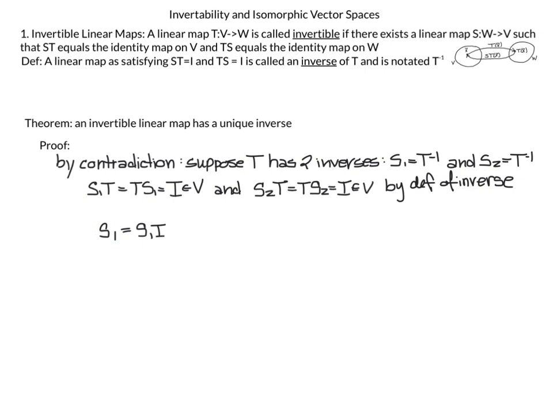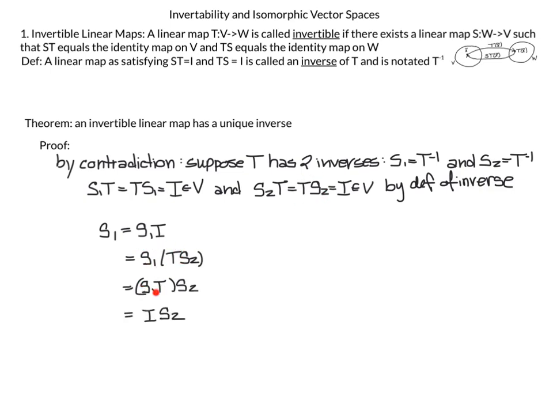So I'm going to start with S1 equals S1 I. And the reason why I do this is I want a statement relating S1 and S2, but they're not really related, but they do have this t in common, and they do have I in common. So I'm going to kind of force an I in here, but that's okay. I can do that because the I is just the identity, so I'll get back my S1. But now again, the whole point of putting in this I is I could introduce S2. So now I have a statement about S1 equaling S1 times, now I can use this t S2, which then